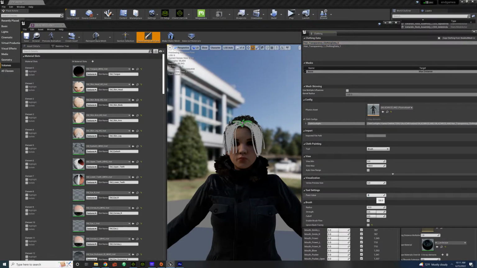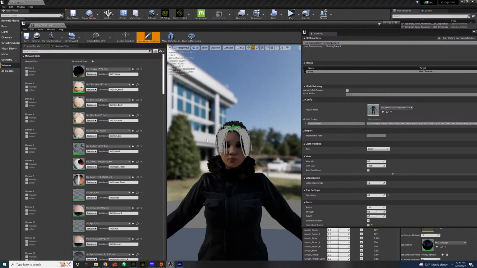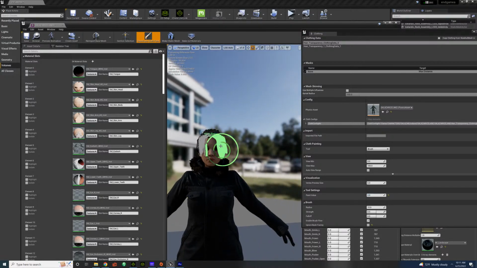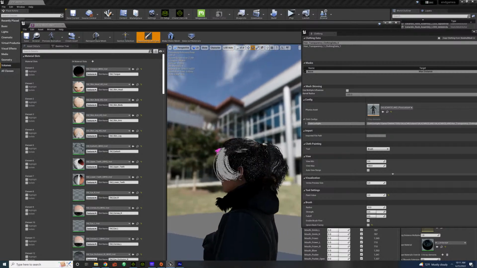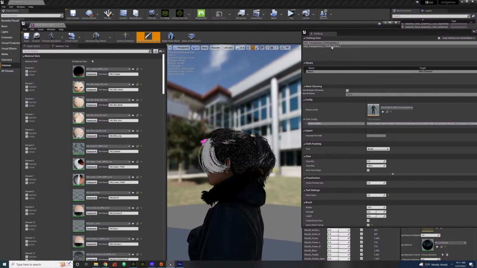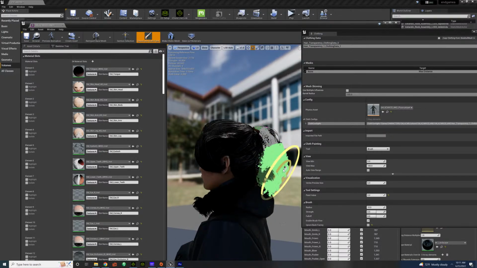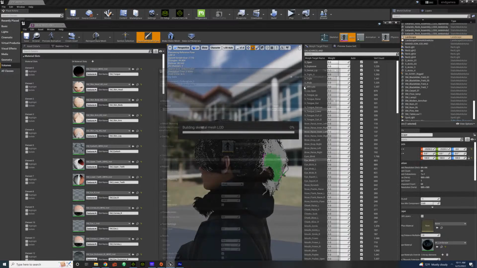Paint value 0. Could transfer. I think I already have her character, but